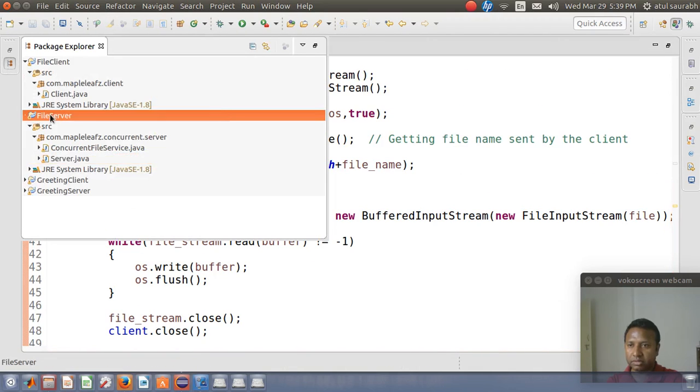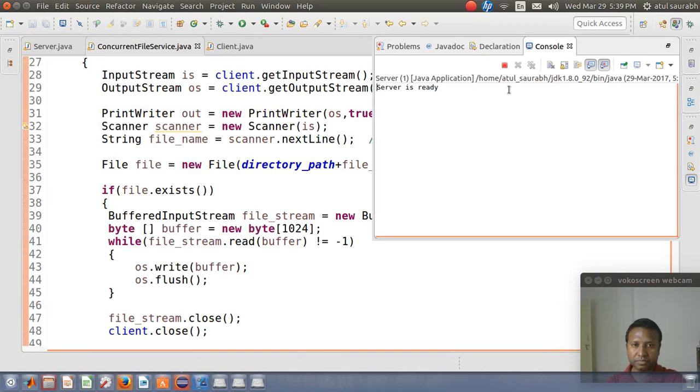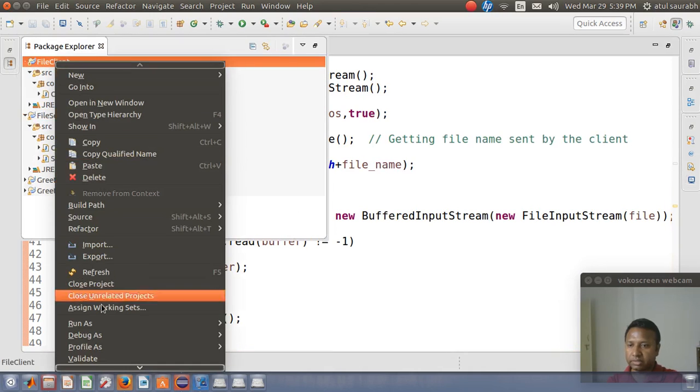Okay, let's run the server. Server is ready. Next I want to run the client.